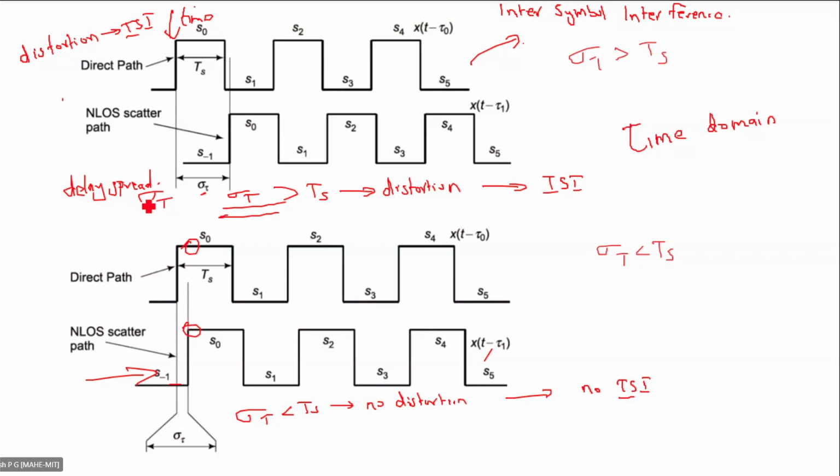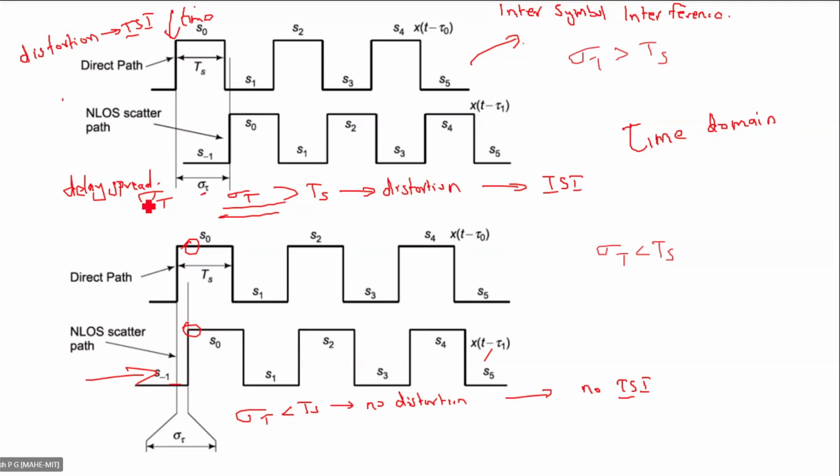Partly right, partly wrong. It is not low S1, high S0. We are just transmitting S0, S1, S2, S3. S1 can be high also, right? S1 can be high, S3 can be high, S5 can be high. It does not mean that S1 is low. The idea is to represent that we are transmitting a whole different signal during that particular S1 time. So the problem here is that at the receiver,